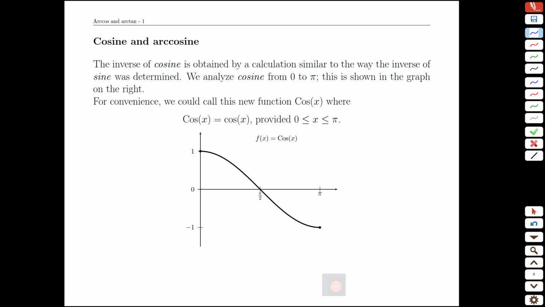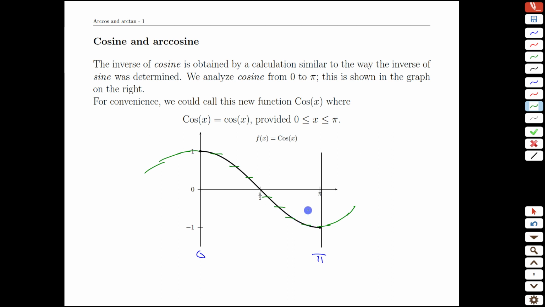When working with inverse trigonometric functions, we're also going to be interested in finding inverses of cosine and tangent. We'll start with the arc cosine, the inverse of cosine. Same idea as the sine function. If we continue the cosine function on, cosine starts at its peak, then goes down, but it would come back up. However, if we restrict our domain to 0 to pi, then on that interval, the cosine function passes the